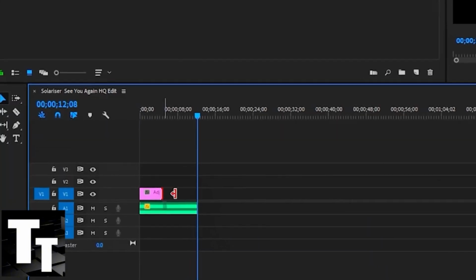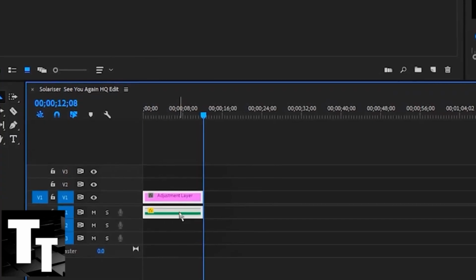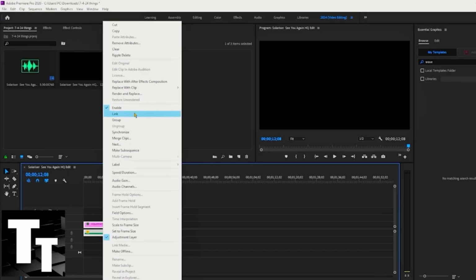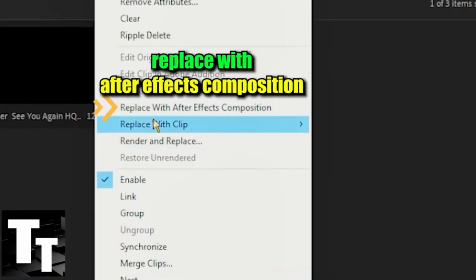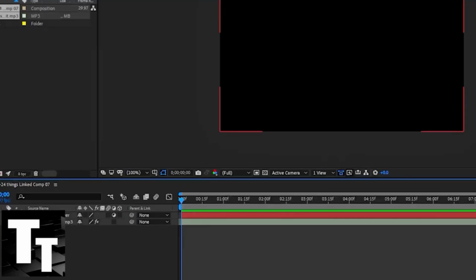Drag the adjustment layer on top of the music or audio piece. Then you want to highlight both the adjustment layer and the audio. And now as you can see, if you right click, click on the option above, Replace with After Effects Composition. And then once Adobe After Effects has been opened up and loaded, click on your adjustment